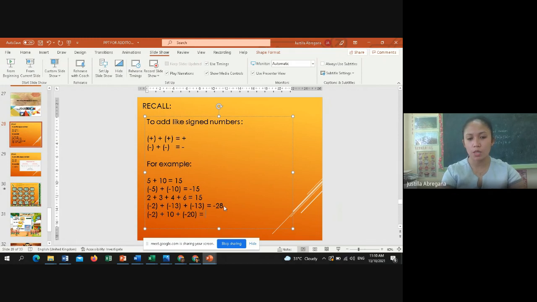So we will perform it from left to right. So that is equal to,